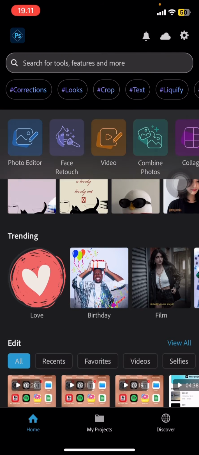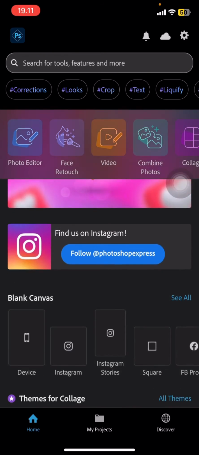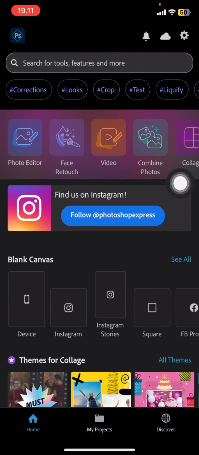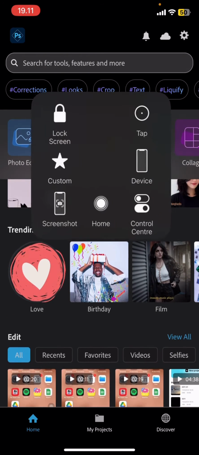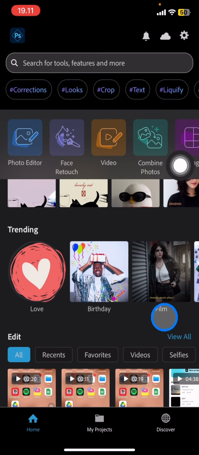And now, to create the Instagram story, there are a lot of ways to create them. You can explore Photoshop's features. There is a blank canvas if you want to create your own creation for an Instagram story, so you just need to choose the blank canvas and choose the ratio for Instagram stories. But here I would like to do a fast and quick way by clicking and visiting the trending part, and I would like to choose